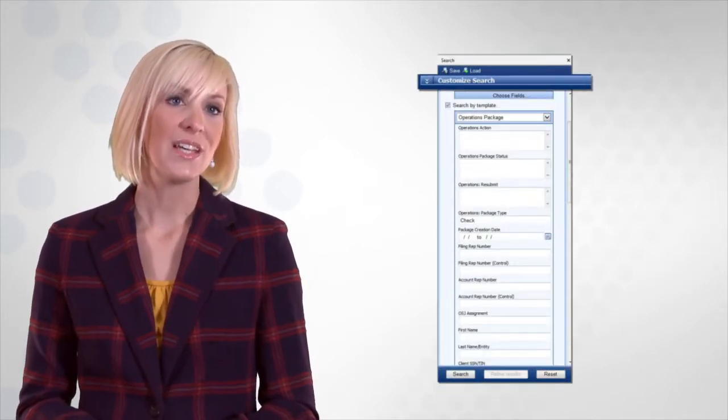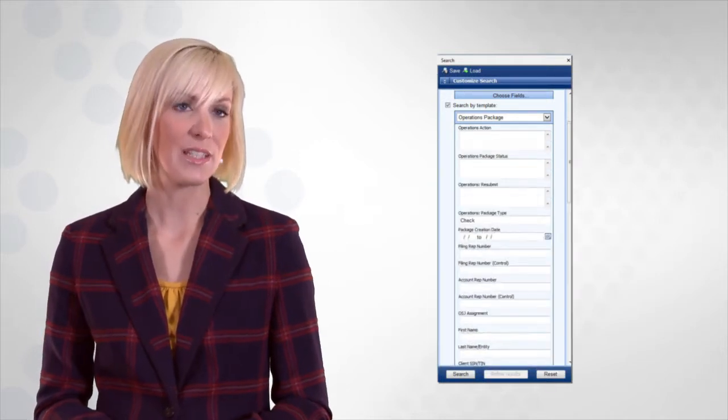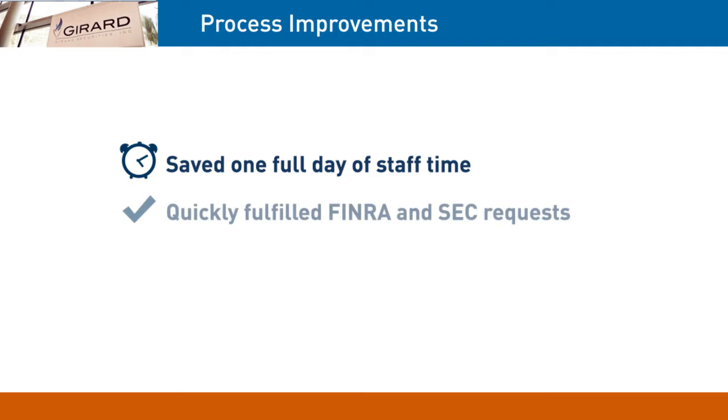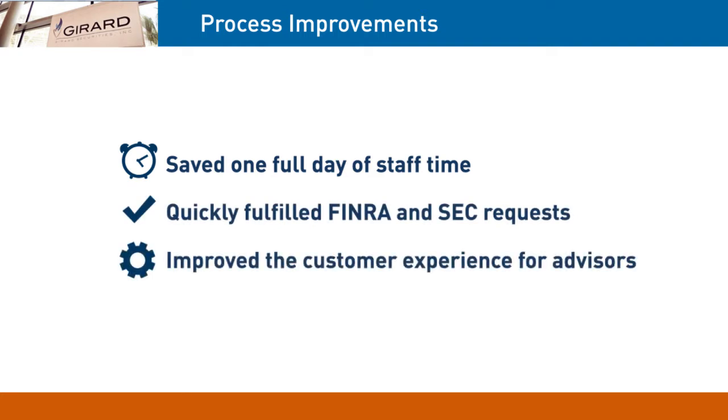And in Laserfiche, we're also able to create some custom searches and some custom displays so that our home office can go in, easily pull a report of everybody's blotter history, and export that when we need to in audit situations. Our efficiencies and our automated process have vastly improved. Our turnaround time has improved as well, and the customer experience